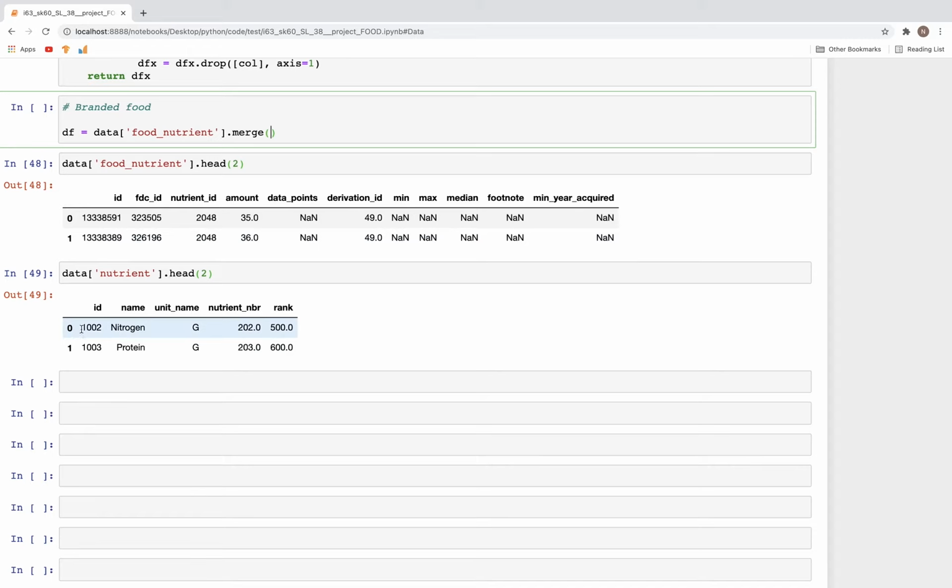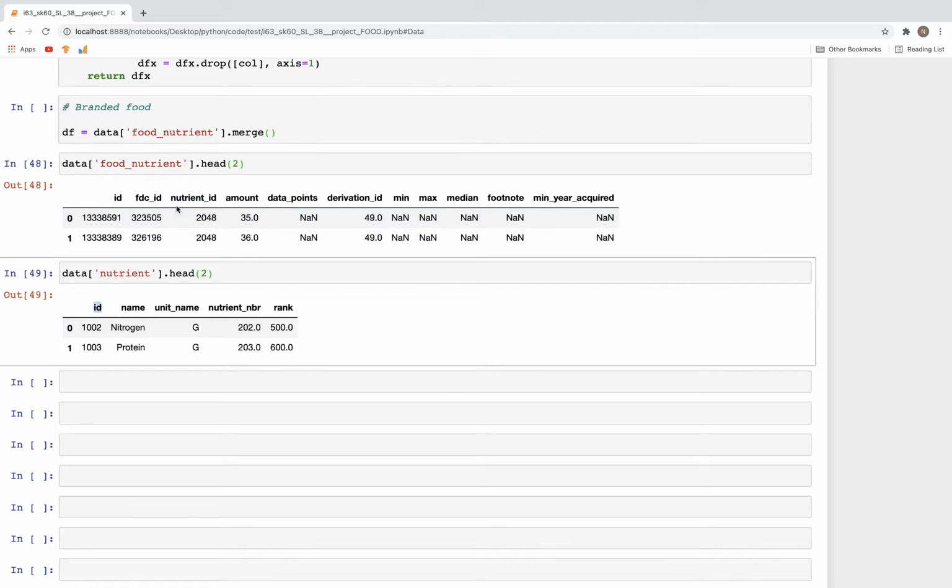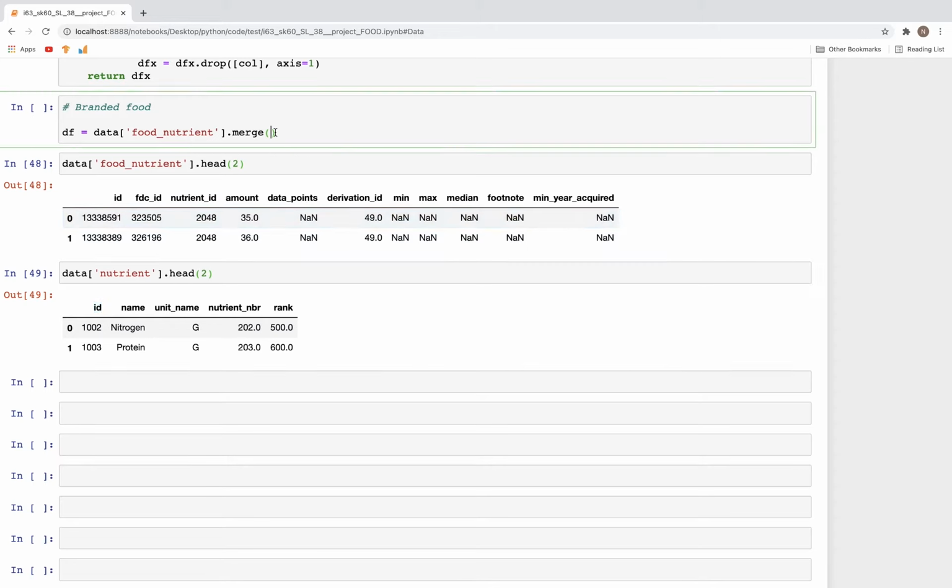So when working with this data, you have to learn. This is how I start working with new data, kind of trying to learn what each of those columns are and doing some trial and error. And in this particular data set, we have to join the nutrient ID with this ID, and that's how we can get those aligned. So here I'm going to use data nutrient